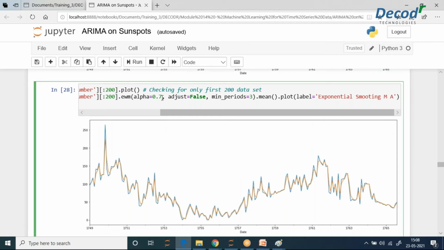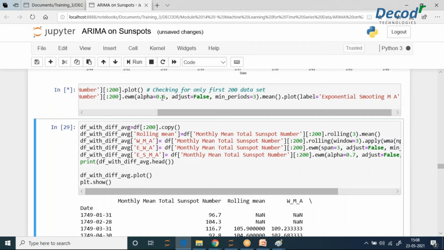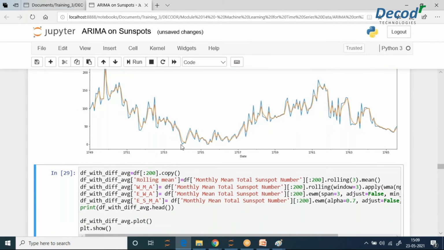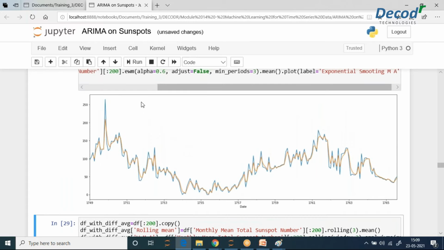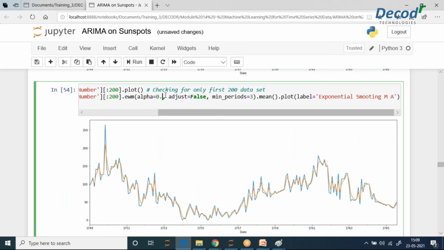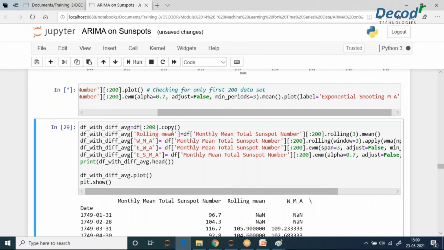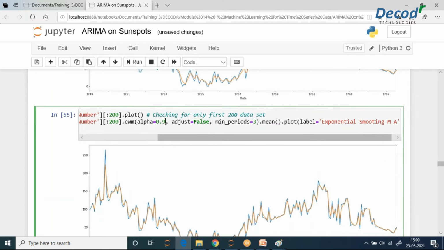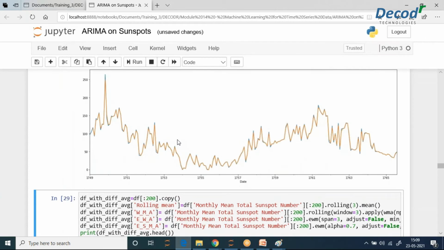If I just put some different value, it's fine, but I think 0.7 was way better. Okay, let's give it some more values, for example 0.9. It's just overlapped.